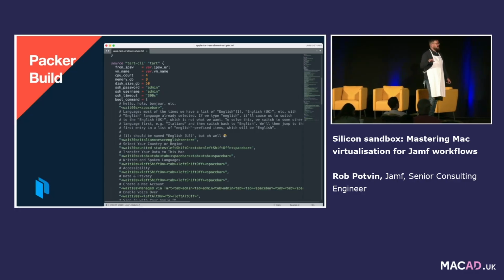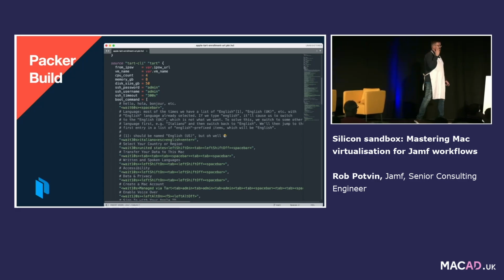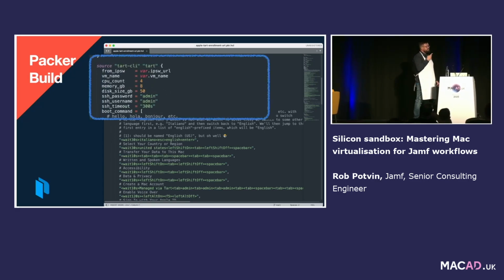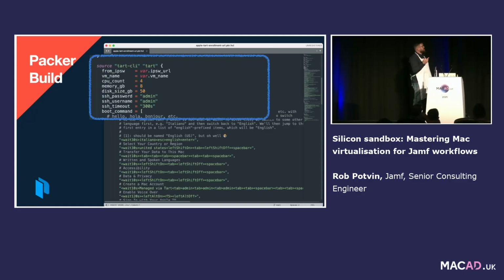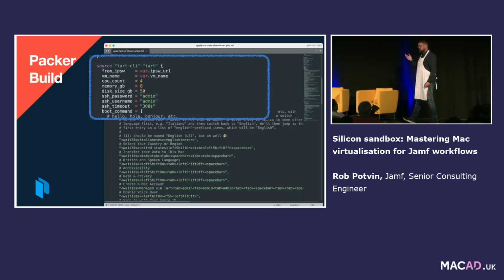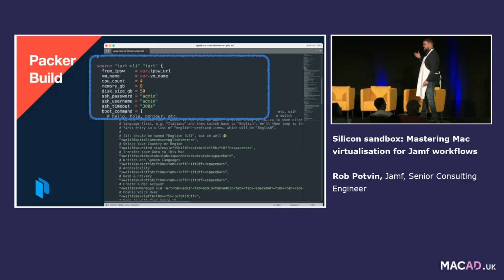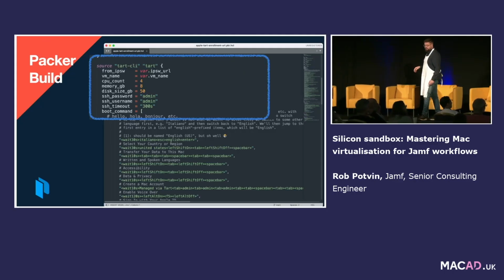Well, this is the information of the build. Notice right now I have the IPSW variable that I declared above, and I have the VM name. But then I have other things here. I have CPU, I have memory, I have disk size. All these things are predicated within here. So when it builds it, it actually uses Tart to build to this specification.